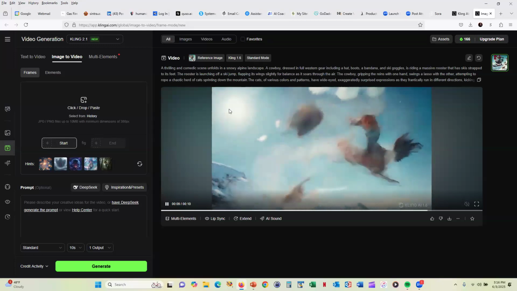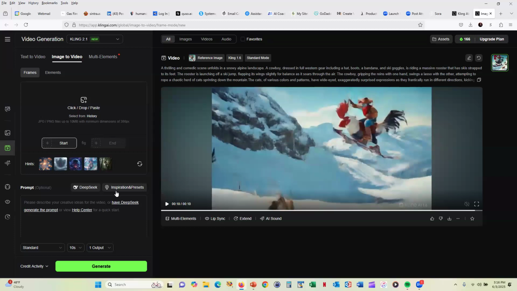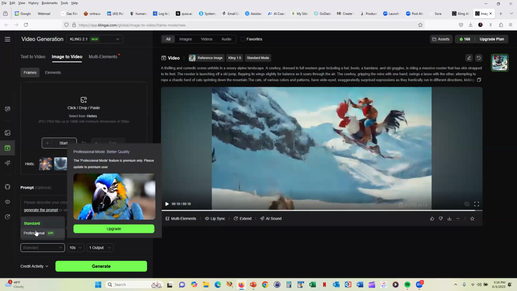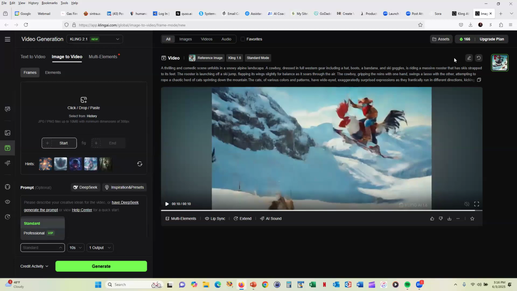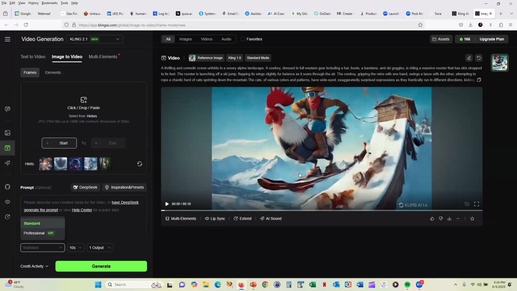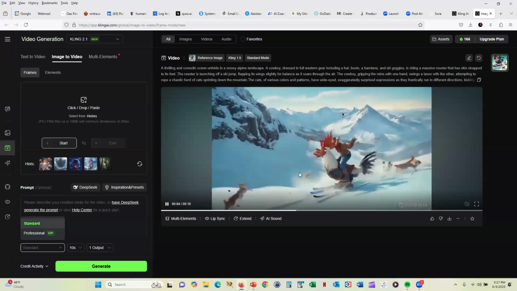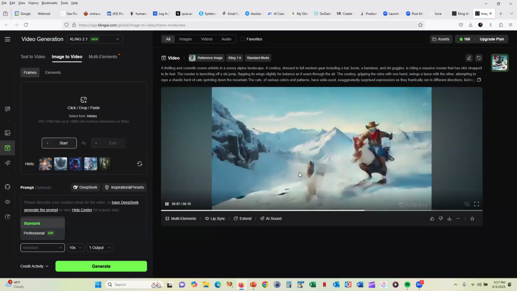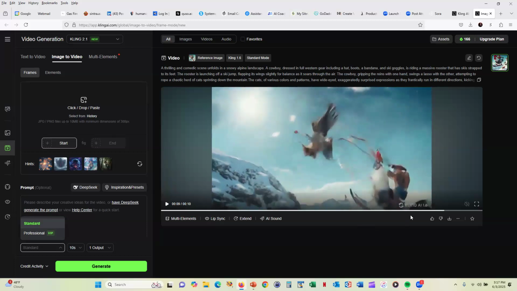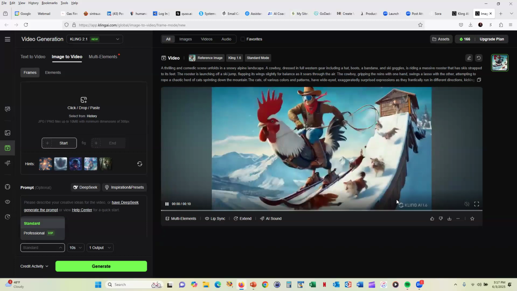And Kling does a pretty good job of generating that. You can upgrade to professional, which costs money. Without spending any money, you get the standard resolution and up to 10 seconds of output. With the professional resolution, I think you can get 30 seconds of output and a higher definition, and it removes the watermark from it.